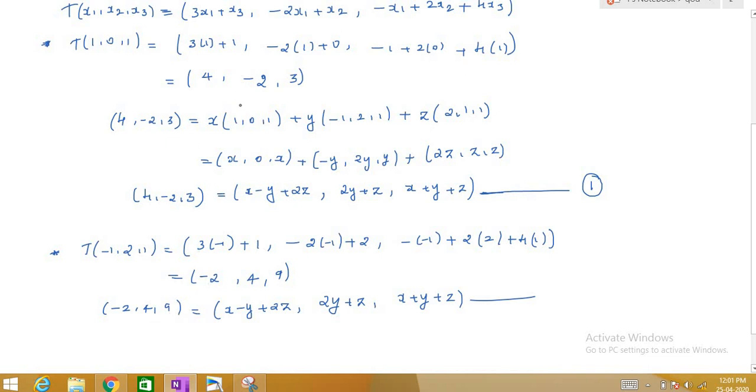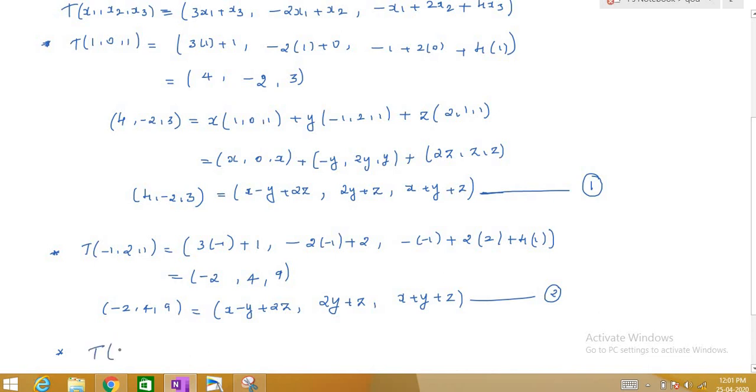So that we have to write as a linear combination of these three bases. So these three bases are the same. The right hand side will be the same for any transformation. Now we will find, but the problem is not over. We have to find x y z for this term, and for this term, and for this term. So I'm just giving you a shortcut. We will come to know the shortcut very soon.